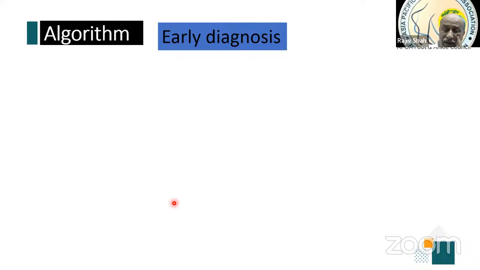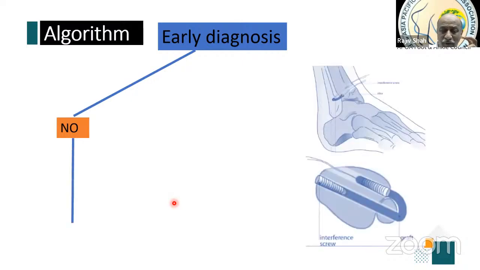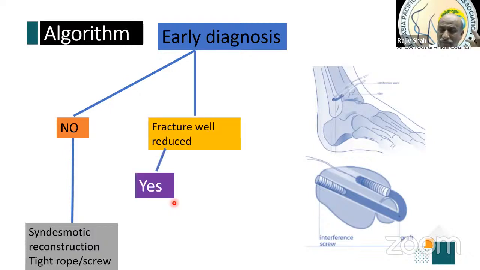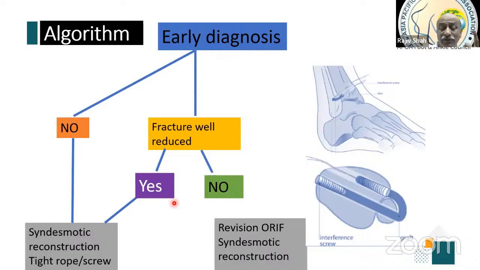So delayed syndesmotic injury, delayed presentation. If you have a diagnosis of this early, fine. If it is not diagnosed early, then you have to go for syndesmotic reconstruction. If it is diagnosed early and the fracture is well reduced, then you just have to do revision syndesmotic fixation. If the fracture is not well reduced, you need to reduce the fracture and do syndesmotic